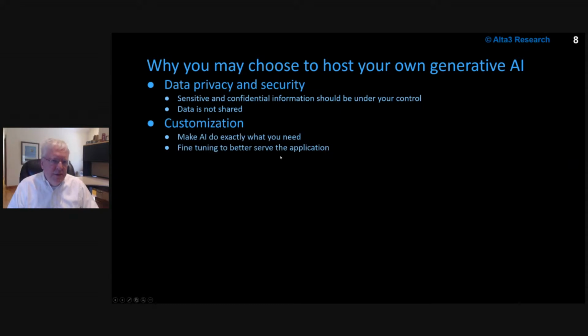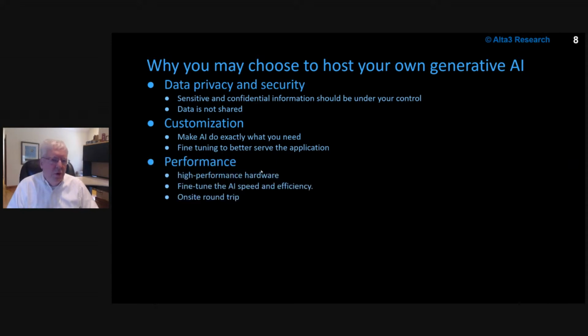You want to customize your model to answer questions. That's called fine tuning. You want to fine tune it to serve your application. What's publicly available won't do that. You're going to have to fine tune it. The performance involved, yep, you can match up the right GPU with the right model, and you're not sharing that system or scheduling it with others. The result is actually tuned performance to what you expect.